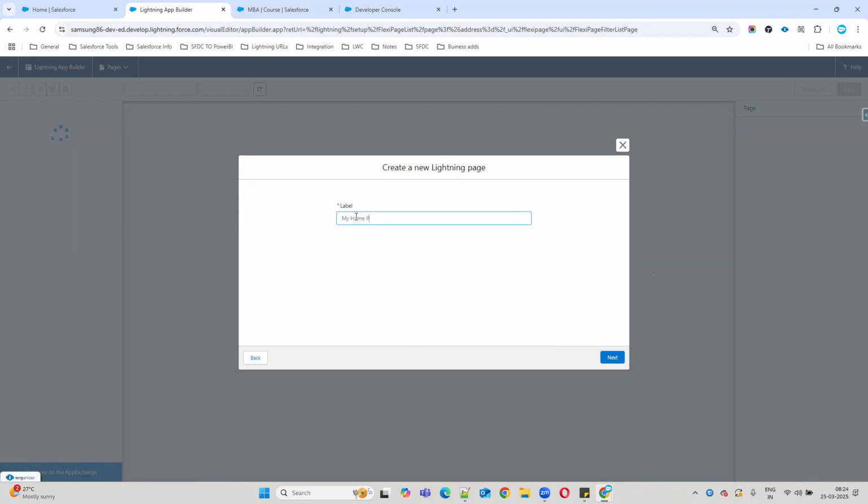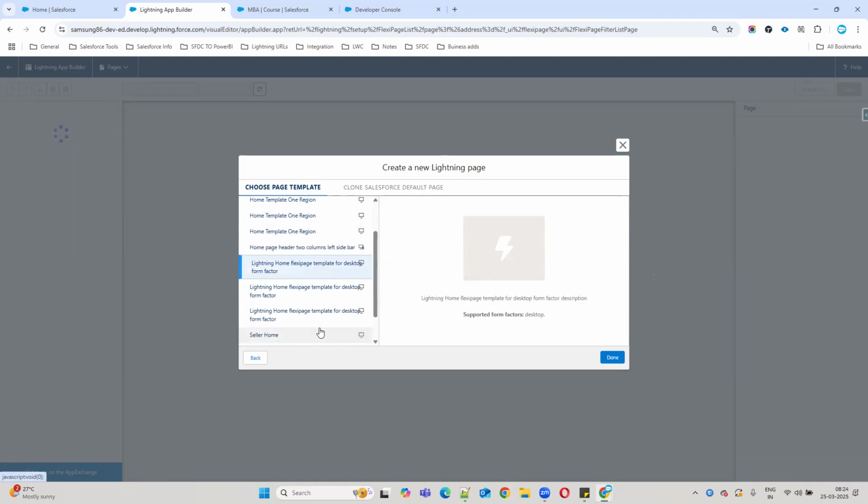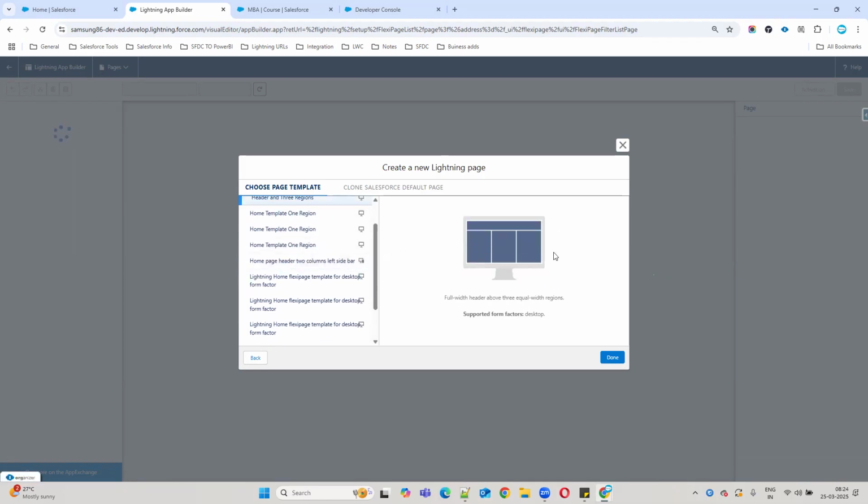My home page. For example, Narayana College has a home page. Just for testing purposes, I'm creating one more home page. This home page I want to use for Narayana College. Click next. How do you want to display the home page? Select the component which you want to use. I will go with the first option, header and like this. Click that.